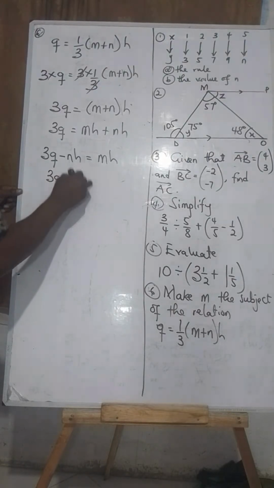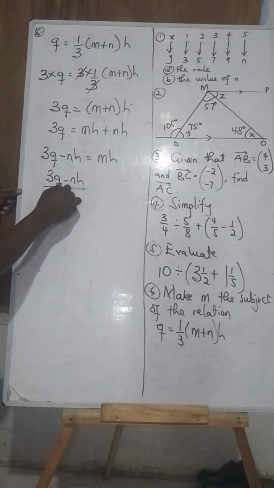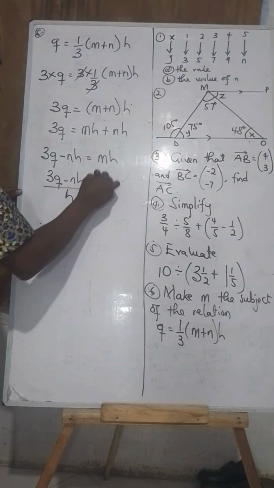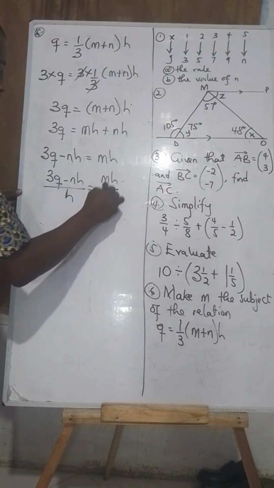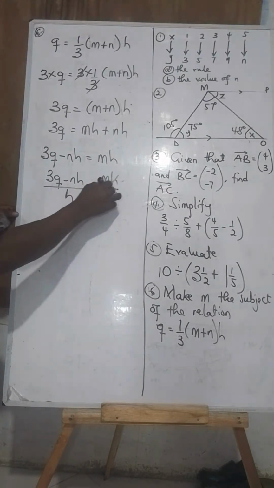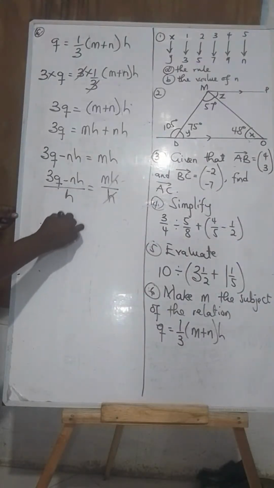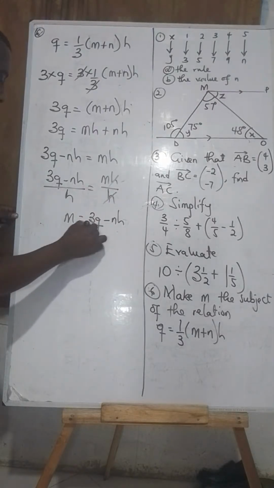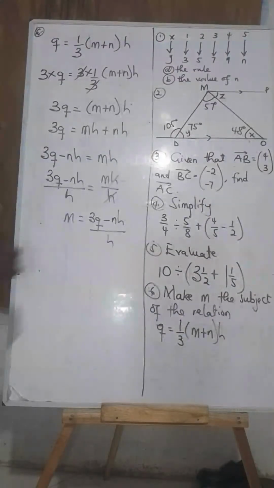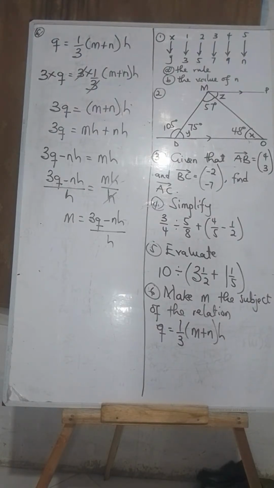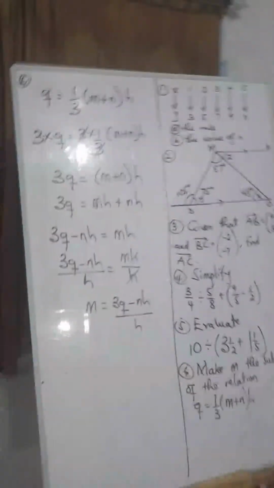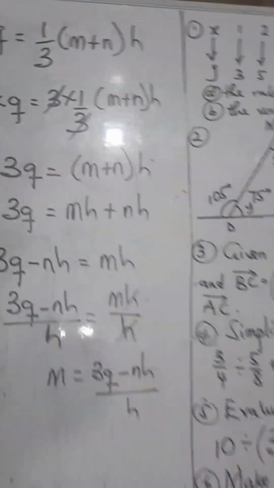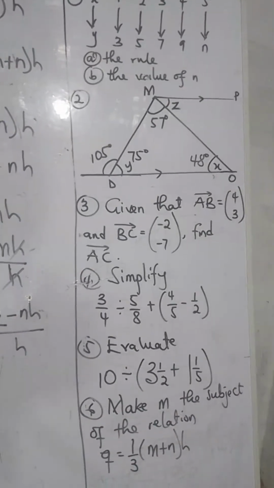So 3Q minus nh on h equals mh on h, so that the h cancels h. Then you have your m to be 3Q minus nh on h. I hope it's simple. Right, so you can also solve it yourself and look at